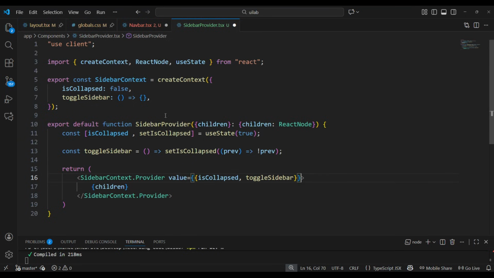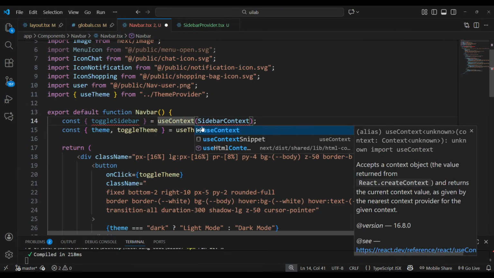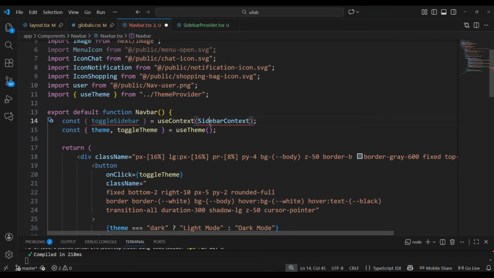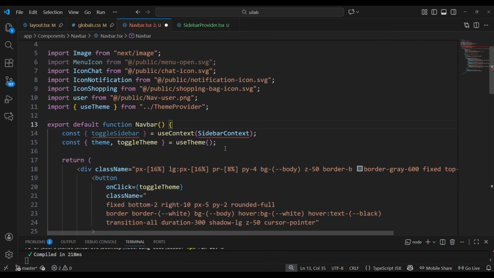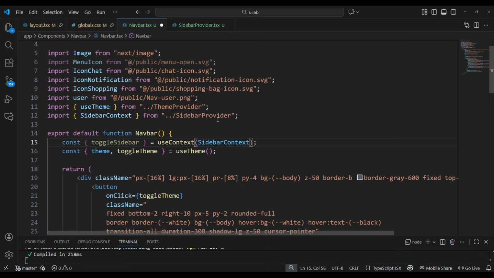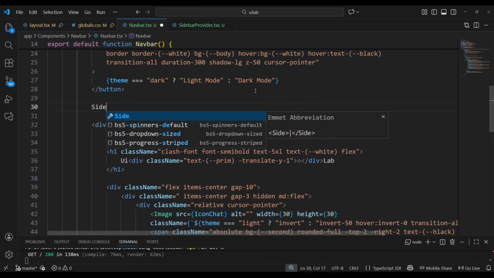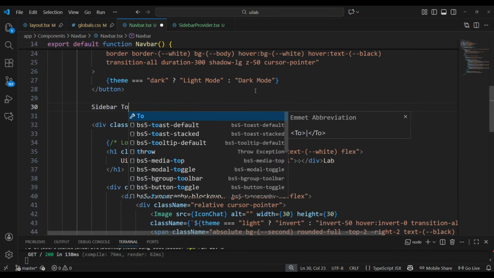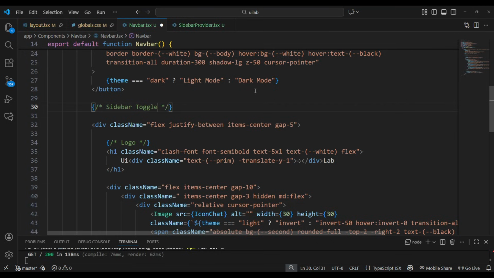So now we can check that our sidebar functionality has been done. Here you can see that it shows the error just because we didn't import this sidebar context. So first of all we have to import the sidebar context, right? And once you import it, it will be working fine. So now we have to define our sidebar inside our UI. So for sidebar we have to use sidebar